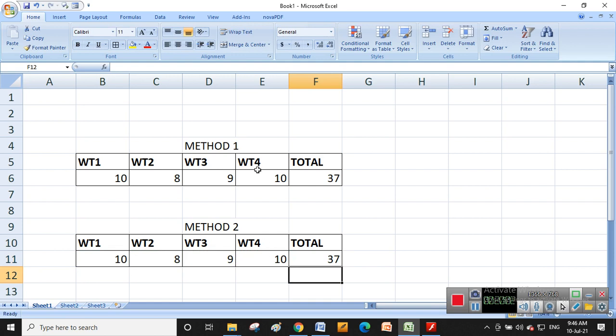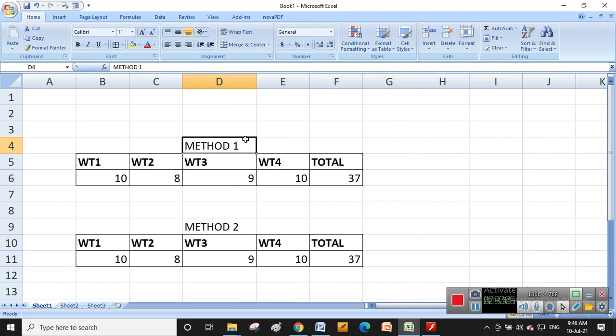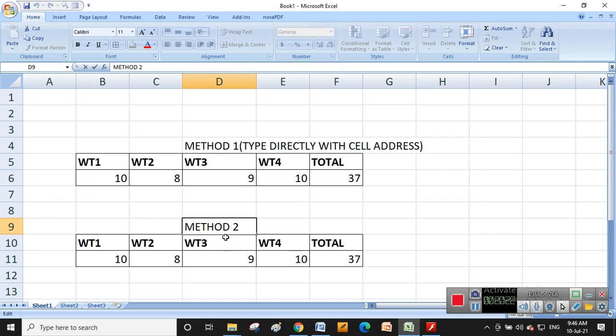Okay, we got one. So method one is nothing but you are typing directly in the cell, type directly with cell number or cell address. I can say cell address. Next method 2 क्या था? Method 2 क्या है?